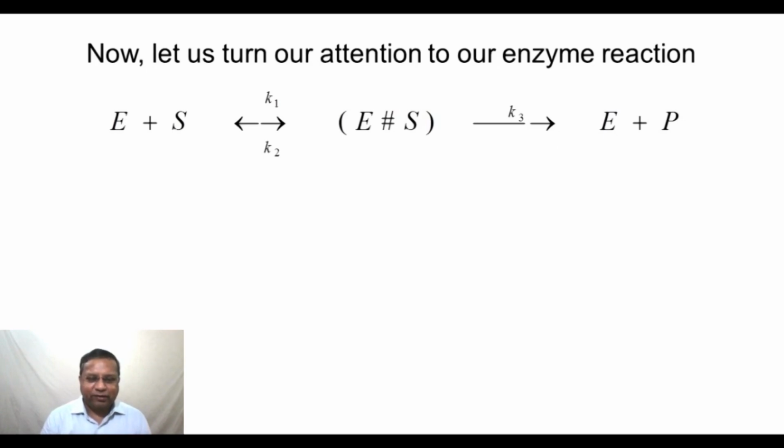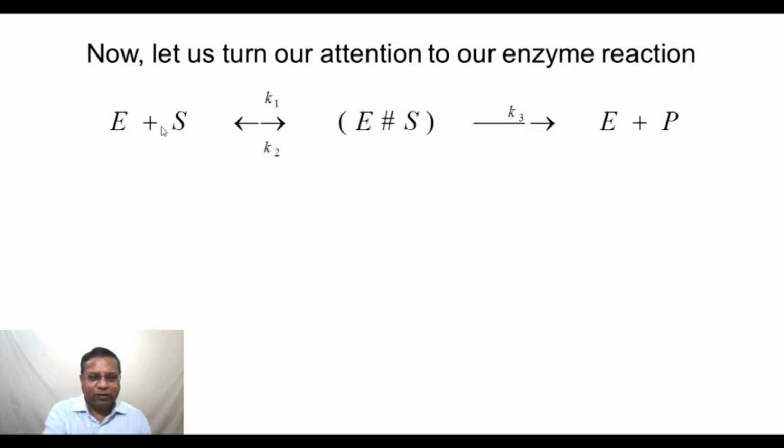Let us make things as simple as possible. Let us see how an enzyme reacts to form the products, or how the product is made in the presence of an enzyme, how the enzyme mediates the process, how it gets involved in the process. One of the simplest mechanisms that have wide acceptance for simple enzymatic reactions is as follows. If E is the enzyme which converts substrate S to product P, the mechanism that is considered here is that the